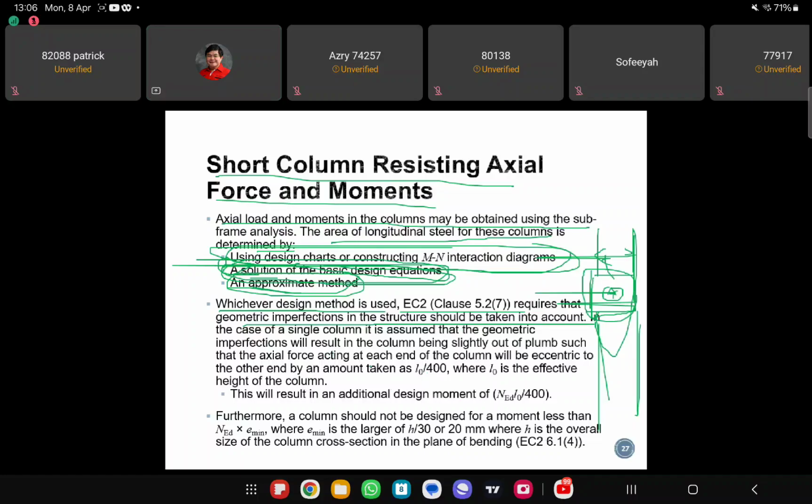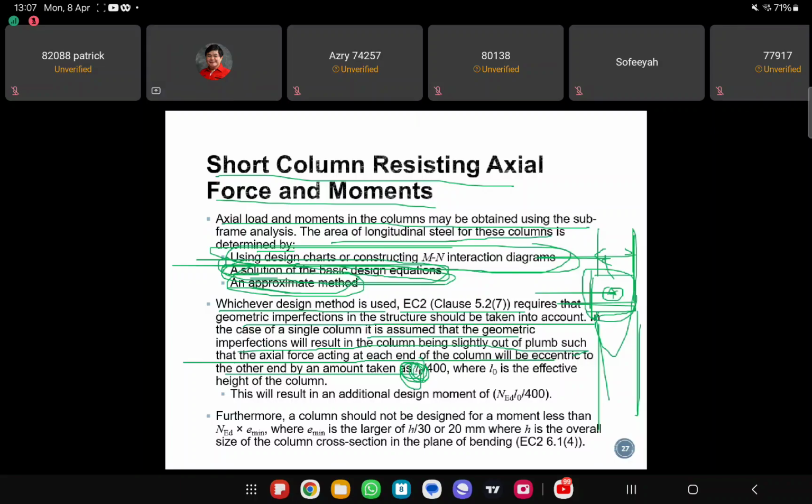So in the case of a single column, we assume that the geometric imperfection will result in the column being slightly out of plumb, such that the axial force acting at each end of a column will be eccentric to the other end by an amount taken as L0, which is the effective length,